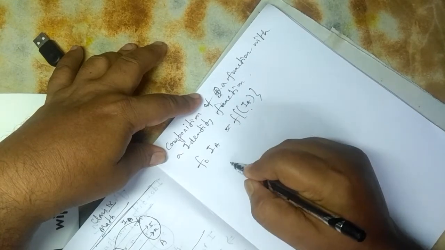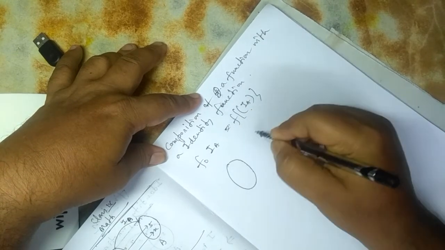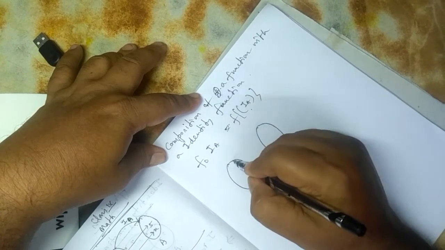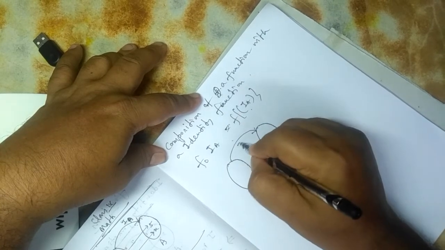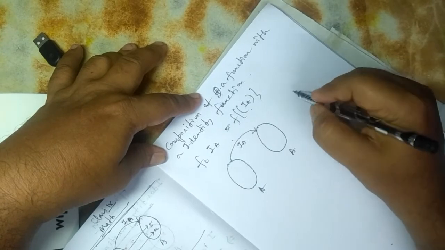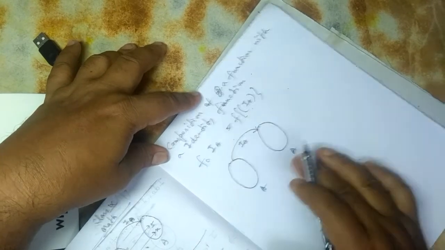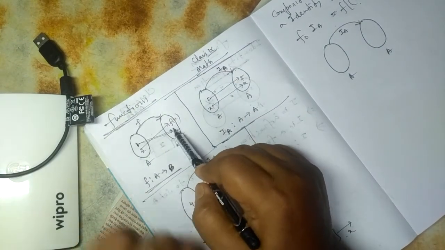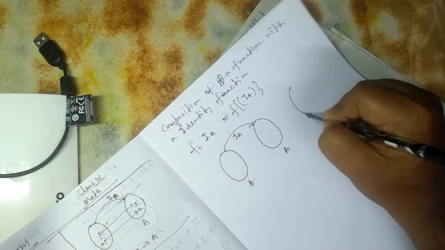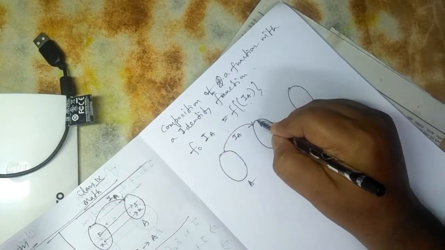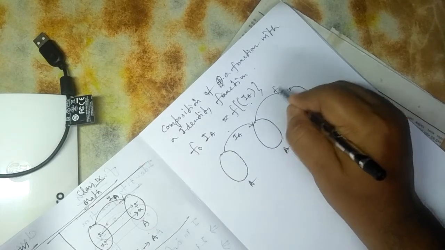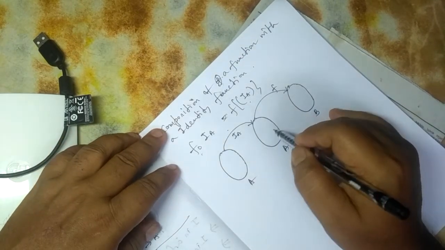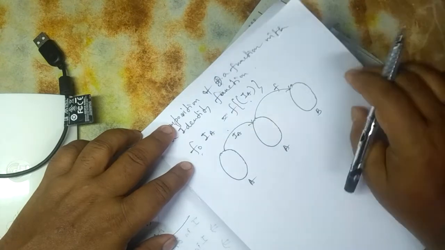IA is coming into action first. So the figure may be like this. This is a function. IA is going from here to here. And then, as you have seen, IA is a function from A to A and f is a function from A to B. So from A to B, the f function is in action. So this is the figure of f∘IA. It means IA is doing its job first and then the f function is coming into action.